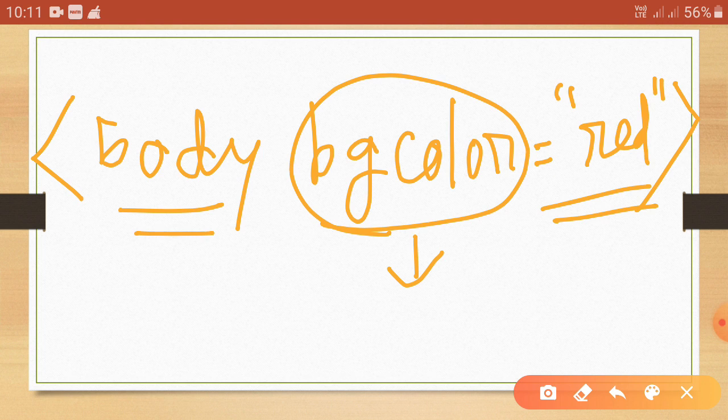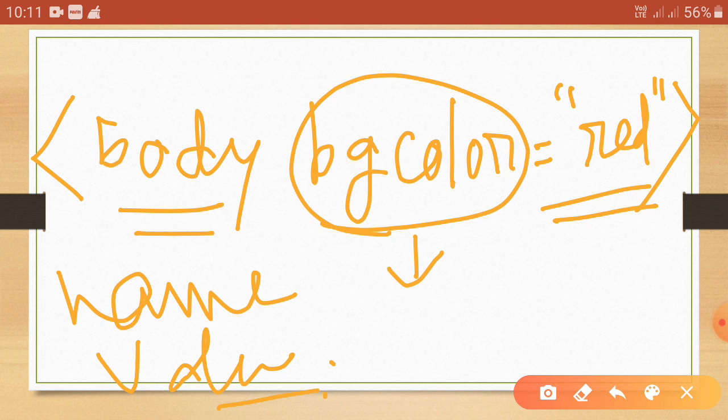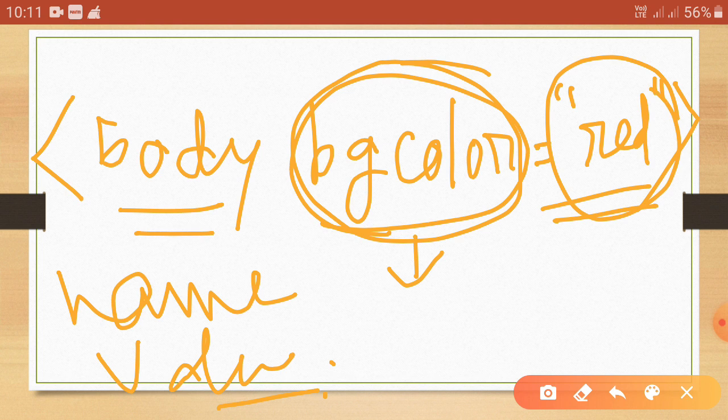Also note that we mentioned above that all attributes are made of two parts: one is name and another one is value. Hence in this example also the attribute has two parts. One is name, that is bgcolor, another one is value, that is red.